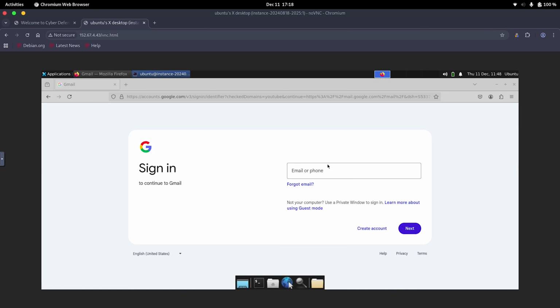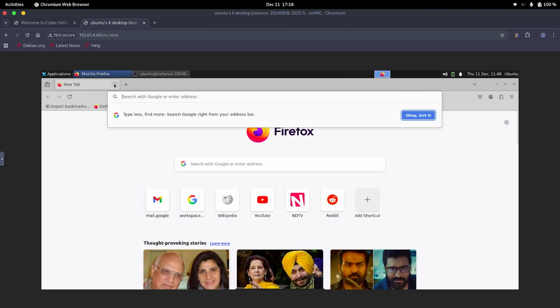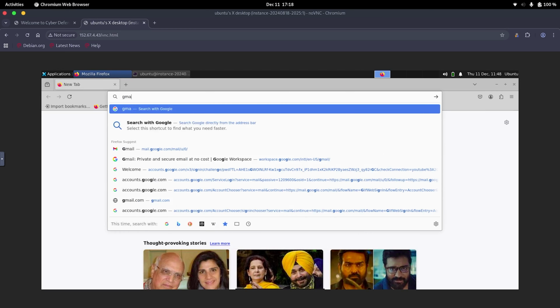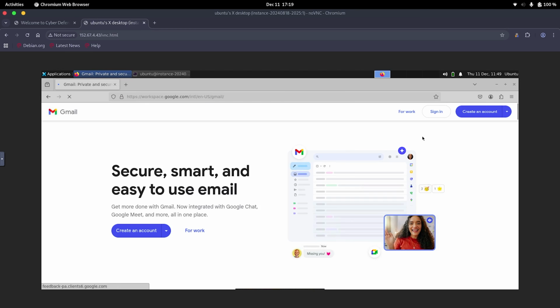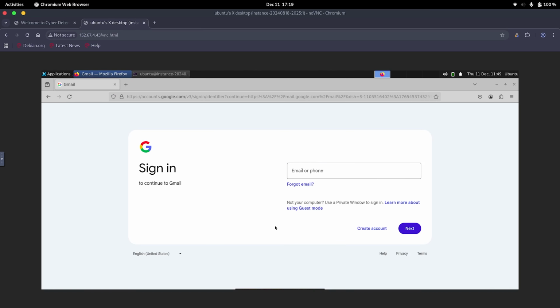Here, as you can see, Gmail is already open, but let me open it once again. I will go to gmail.com and click on sign in. As we can see, there is this Google sign in page, which we can deliver to the victim. But there are still a lot of things which we have to fix, like this status bar